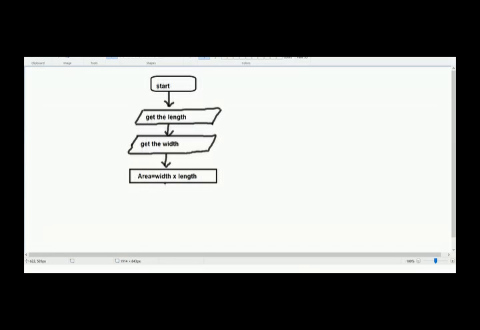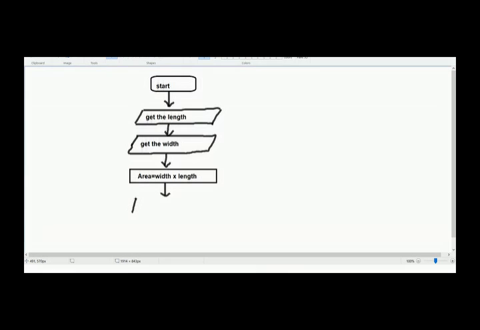Then next, what will I get? Now I have input my width and length. Yes, area. So I have to display the area. So that is my output. So which shape am I going to use for the output? Rectangle. Yes, the same shape. You call it a